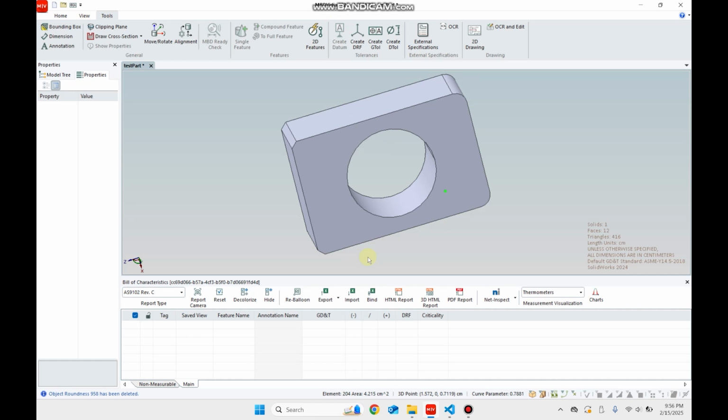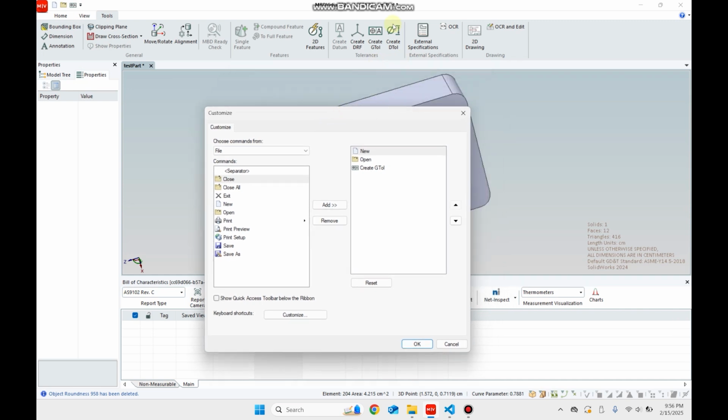So I'm going to be showing you the capabilities of the MBD macro that I made. Firstly, I have MBDVidia open right here. And the first thing you want to do is, if you haven't already set keyboard shortcuts